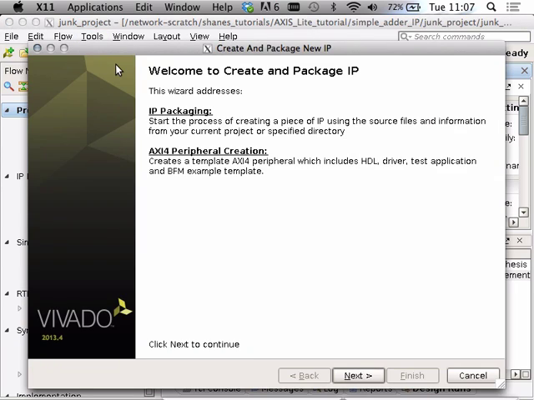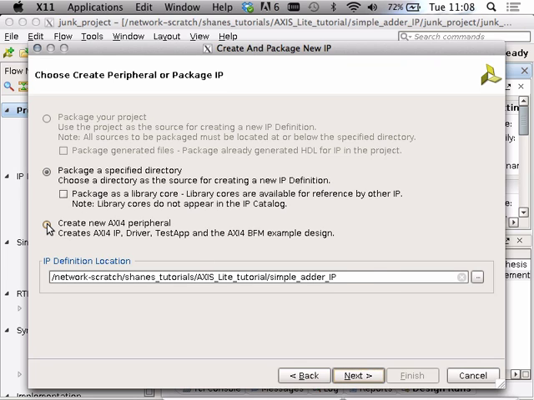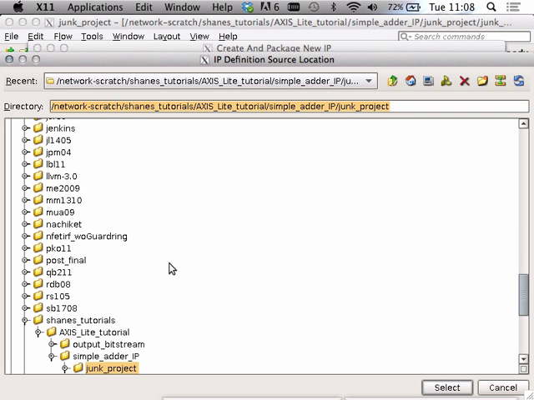Tools, create and package IP. Okay, so here we can actually get our current project and package it into an IP core, or we can create a new AXI full peripheral. So I'm going to select create a new AXI peripheral because we're going to make a simple adder. I'm actually going to put it